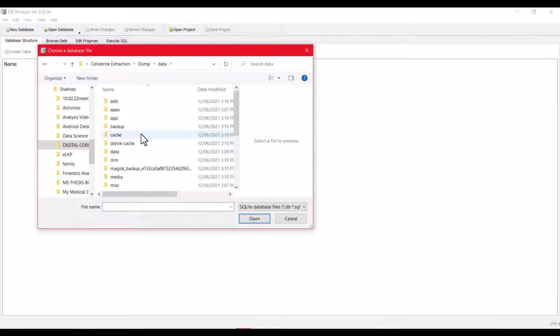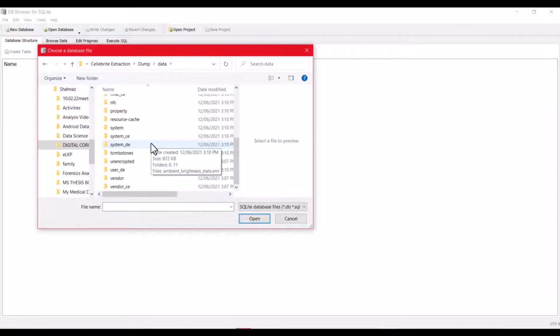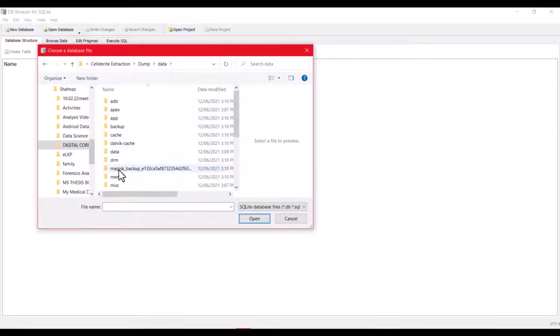and this database, let's suppose I have chosen from Digital Corpora, as I discussed in my last video where I introduced what Digital Corpora is. So you can select the database from there. This database I have already taken from Digital Corpora. So this is the database,